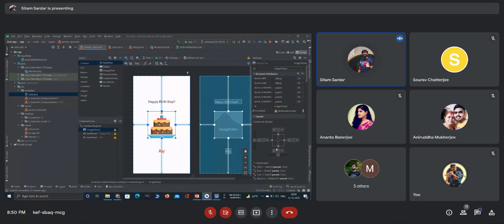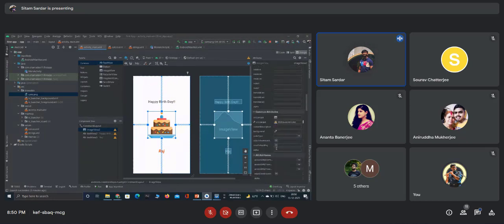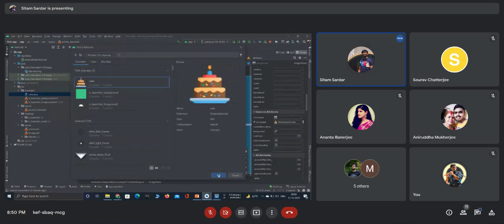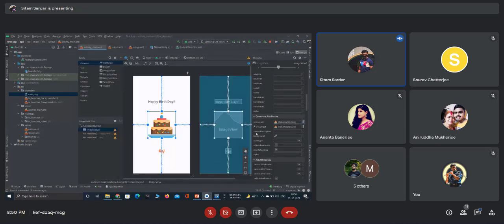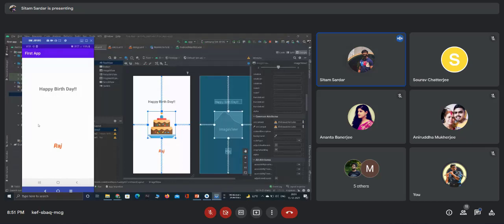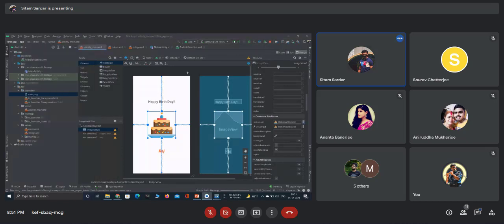Mind it carefully. Whenever you put an image in an image view, put it in src compat, not in the tool section. If you put it in the tool section, you can see it in design view, but whenever you run the app, it will not be shown. To show it in your app also, put it in src compat, not in the tools option. Now, if we build it,